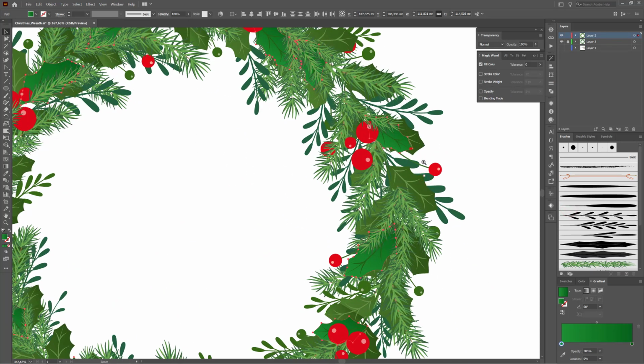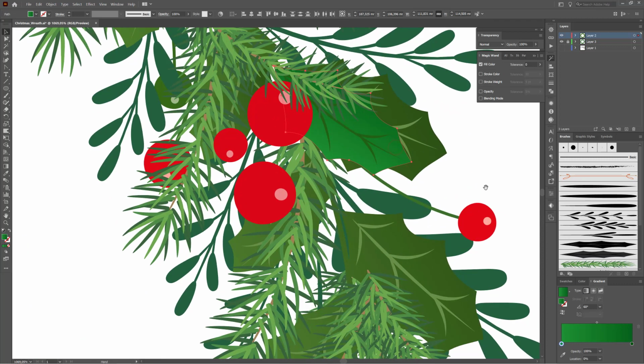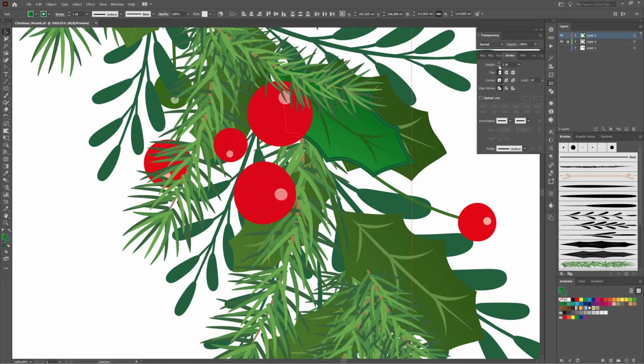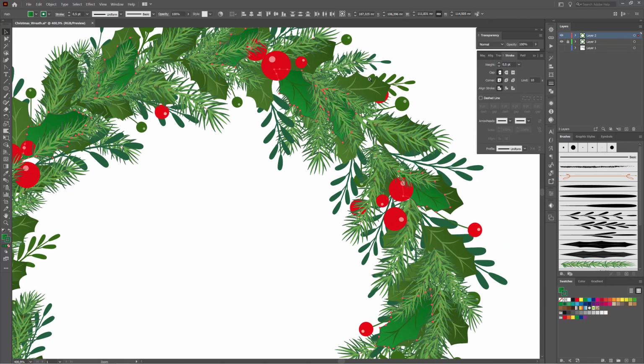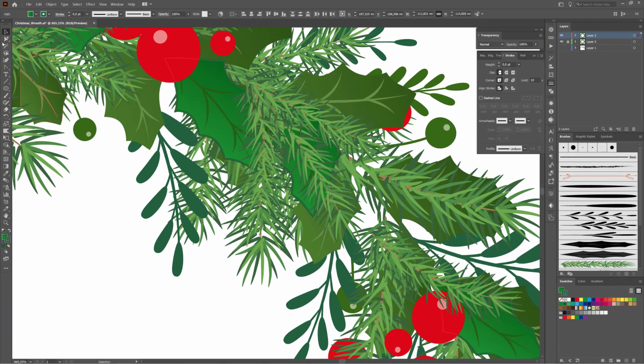and I'd like to apply a stroke color. Open the swatches first. I try this color and change the stroke white to a thin 0.5, and again with the magic wand tool select the other leaves,